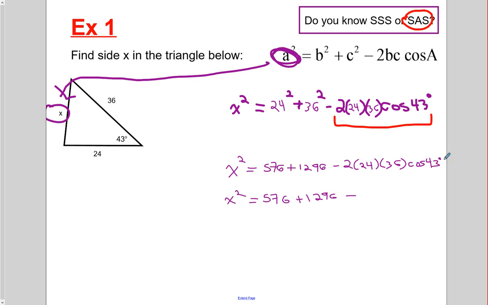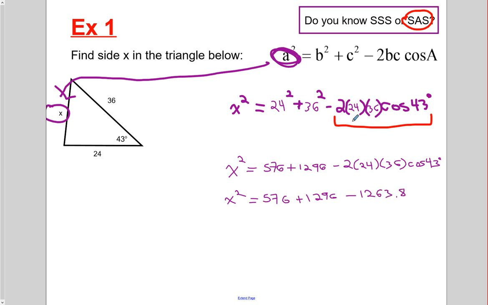Your calculator might make it so you want to do the cos of 43 first. Just get that. It's a decimal number. And then take that number and go times 36 times 24 times 2. That's probably easier to do. So remember, you just need to multiply each of these by the other. 2 times 24 times 36 times cos of 43. Plug that all into your calculator. You should end up with